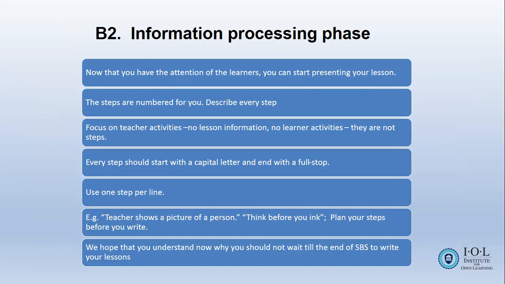So there must be constructive alignment, and the steps are to be numbered, and you must describe it step by step, and you focus on the teacher's activities, no lesson information. I don't want content there, also no learners' activities. I want what you as the teacher do. Every step should start with a capital letter and end in a full stop, and then one per line,